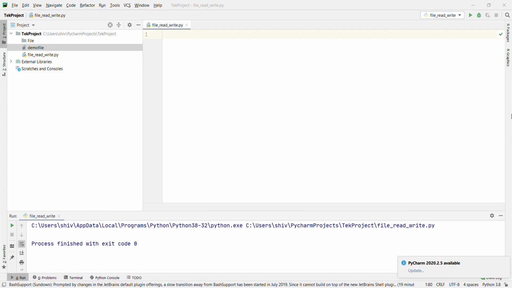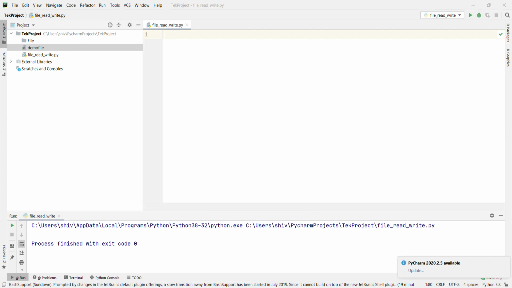If you watched my last video, I covered how you are going to handle files. In file handling, I showed you how we open a file, and that open has four options: R for read, A for append, W for write, and C for create. We also have two modes: T for text and B for binary.